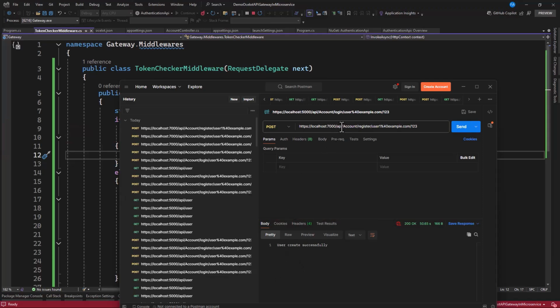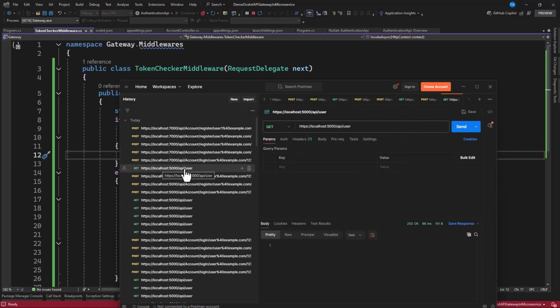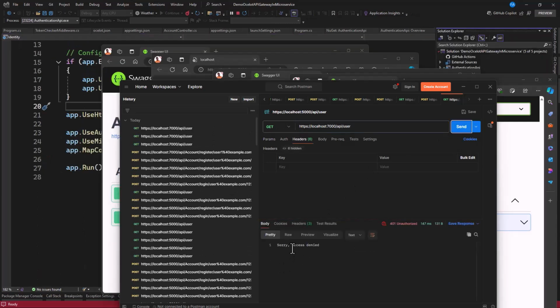Now let's go to login. So if I try to log in, or maybe let's try to access the API, this user. We have created an account. We haven't logged in to have our authentication JWT token, and we are trying to access this. So the general port, the gateway port is 7000. Click on it, it is get. Click on send. I must have access denied. So you can see that I'm having status code of 401 unauthorized.